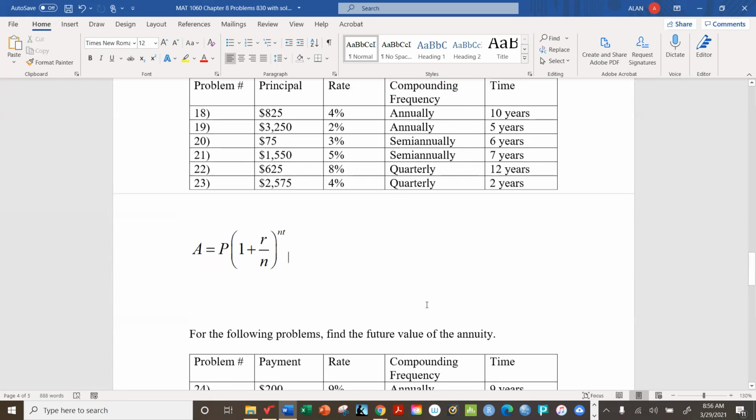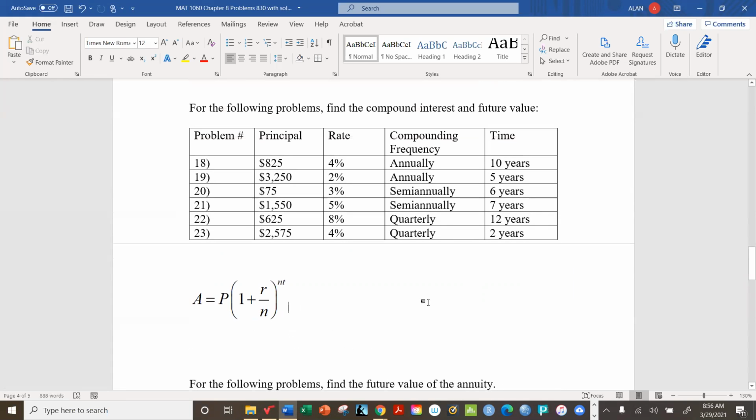That's the formula we'll use in each case, but that's only for the future value. We also have to figure out the compound interest. So this is a multi-part process. So why don't we start by figuring out, so for number 18,